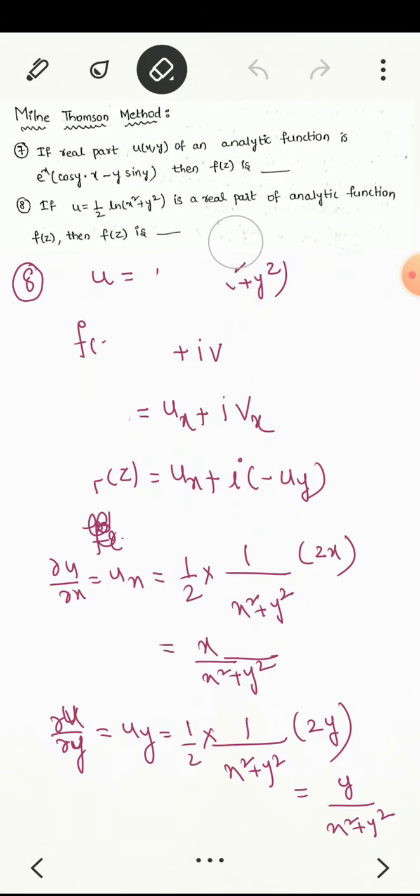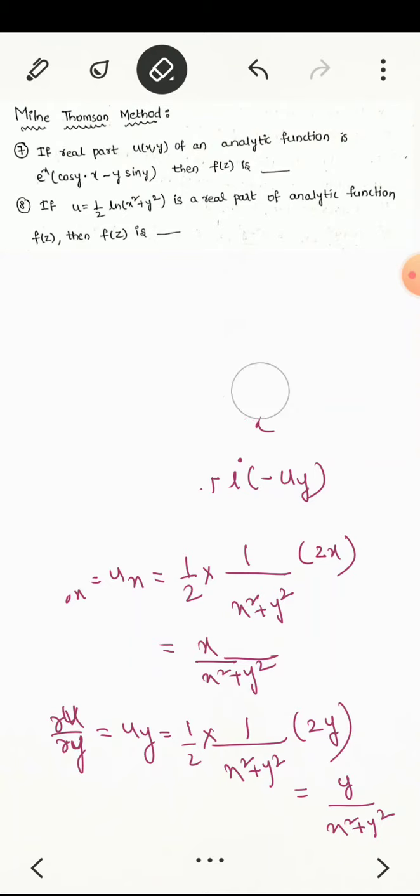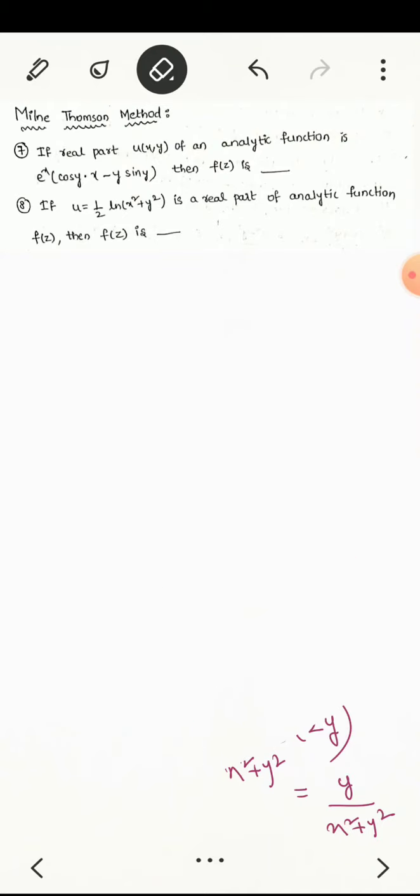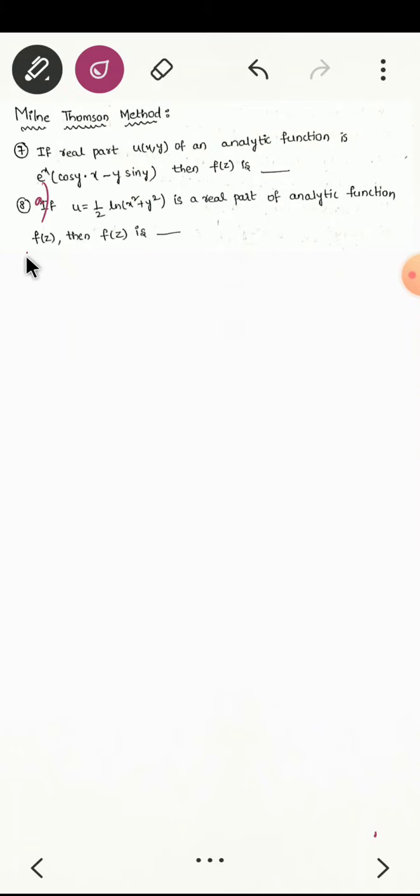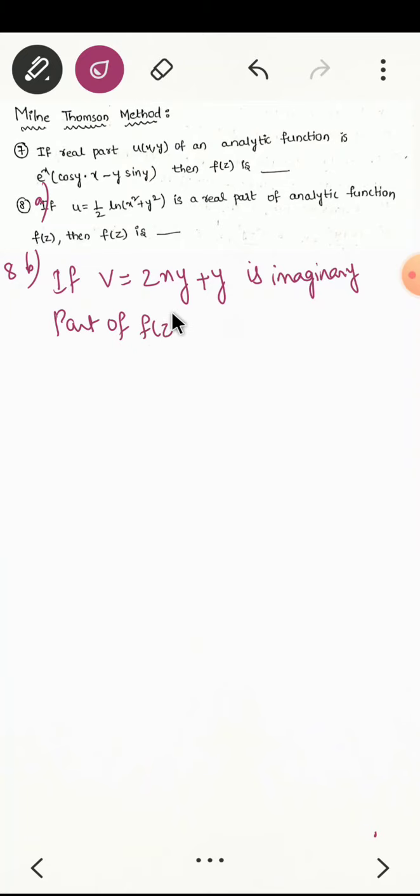Let us solve one more problem. That is problem number, I forgot to write that problem here, but you just note down that problem. I will give you one problem, and the problem goes like this. Suppose you can take it as 8a and 8b. Problem number 8b is, if v is equal to 2xy plus y, the imaginary part of f of z,